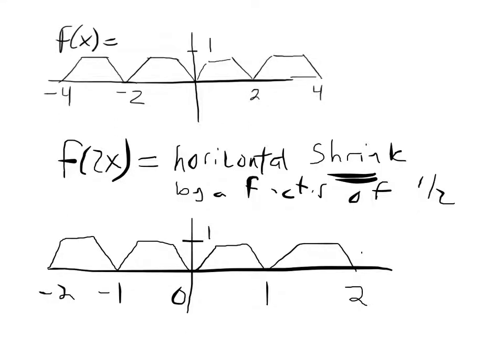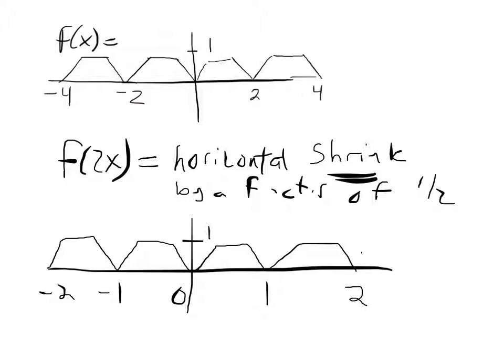So let's talk a little bit about some horizontal and vertical stretches and shrinks here that come from this section. Suppose I've got some function here that is periodic and looks something like this. Extends out to 4 in the positive x, down to -4 in the negative x direction. And if I have a horizontal shrink by a factor of 1/2, imagine slinking in each side toward the y-axis